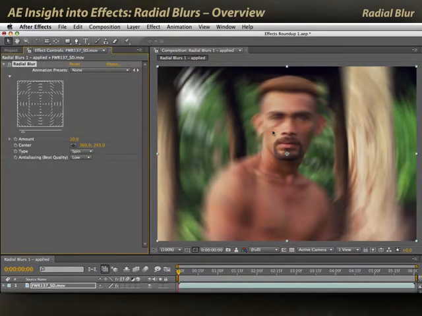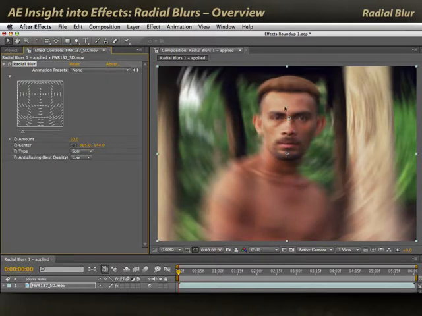The default is spin, and you'll notice that the outer areas do look like they're being rotated very fast. There is a center, so I can go ahead and center the blur right between his eyes, so I can keep that in focus while the rest is spinning around him. And you'll see that I have a graphical user interface here where I can move around the center,